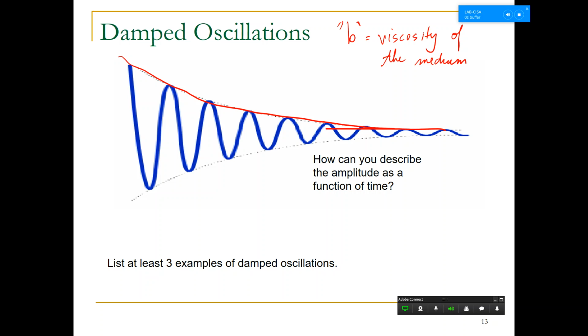If this oscillation was in water, and now I'm trying to do the exact same experiment in honey, this is the curve for water. What would the curve look like for honey? More of a line, so you'd think it would be more like this. So would the amplitude decrease faster? Okay, so the amplitude would decrease faster, and you would have something like this. The amplitude is decreasing really quickly. All right, so we need to figure that out.